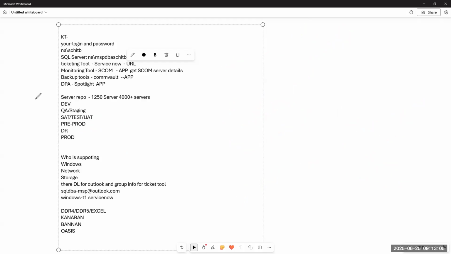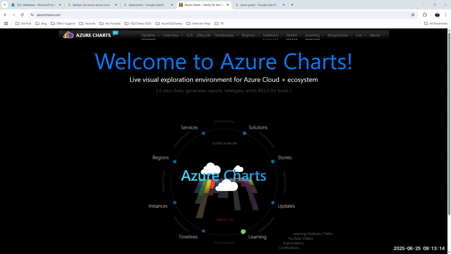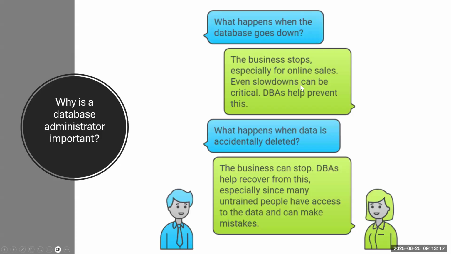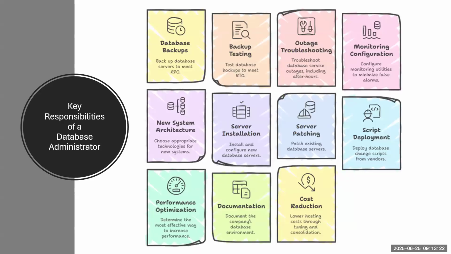Now, so far we discussed why the DB administrator is very important. One more slide I wanted to present: what are the things we will do as a DBA. If you search in Google or YouTube, whatever I present, you will get mostly similar content here and there.